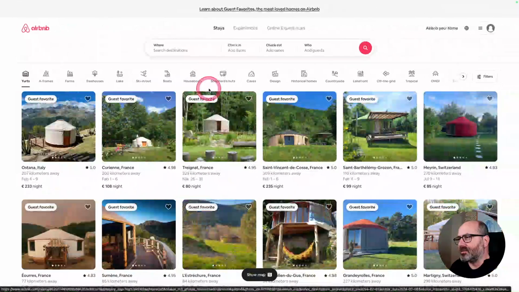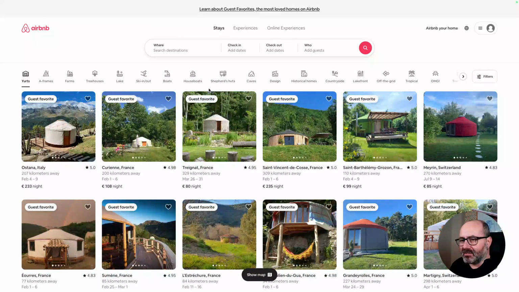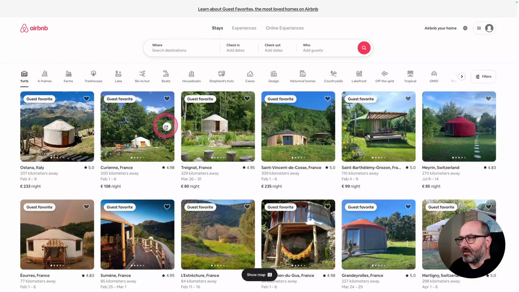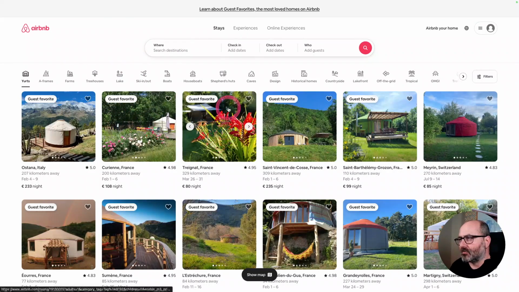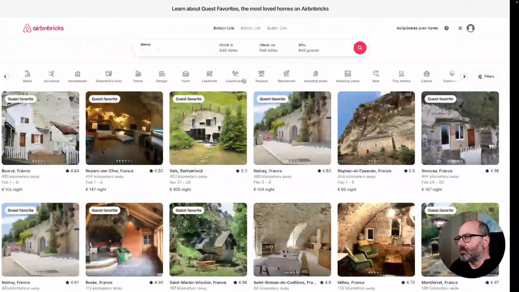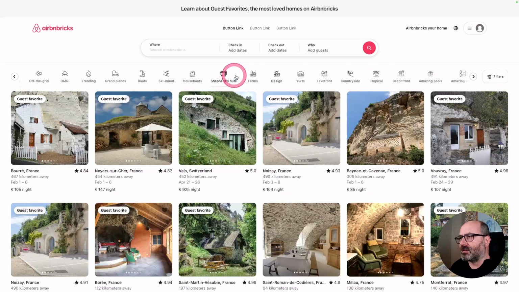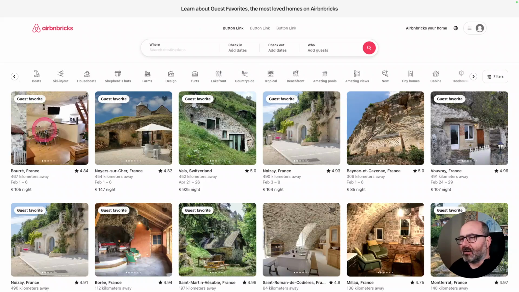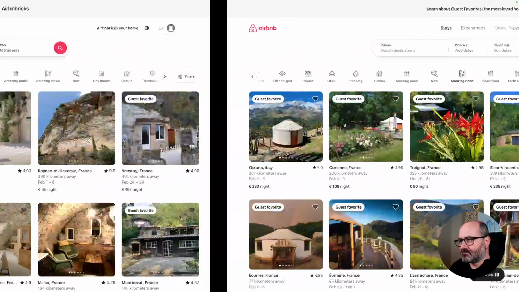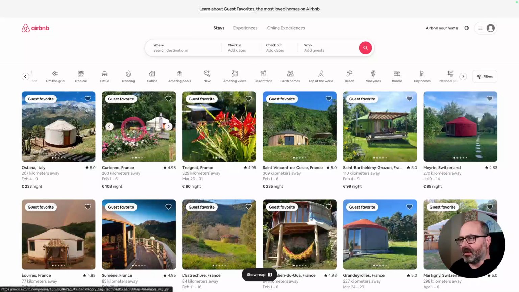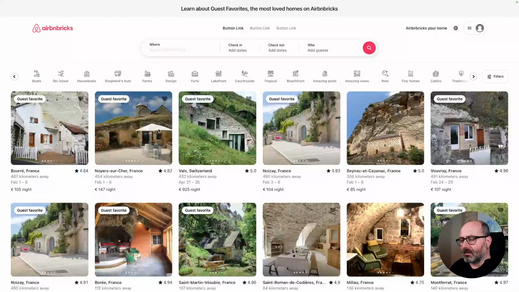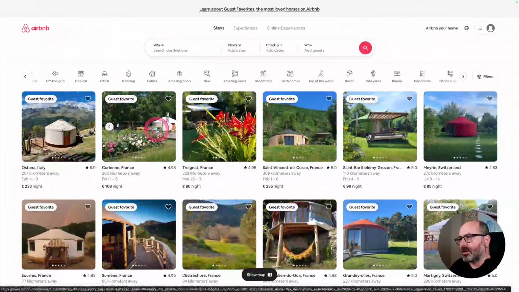For information, this is the actual Airbnb website with the search, with the cards, of course, the categories. This is our Airbnbricks area. We have a search form, we have our categories, we have our cards. So it's very similar to the actual site, or at least it's similar in aspect because, of course, Airbnb is